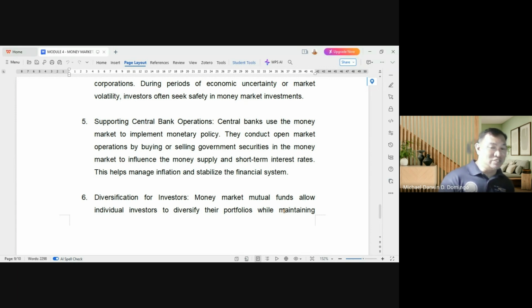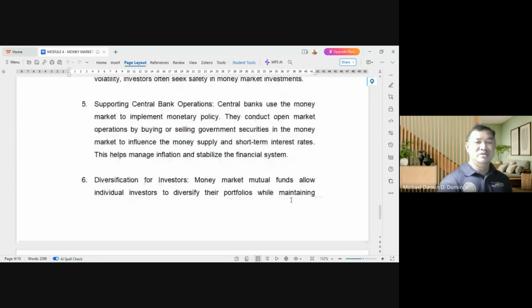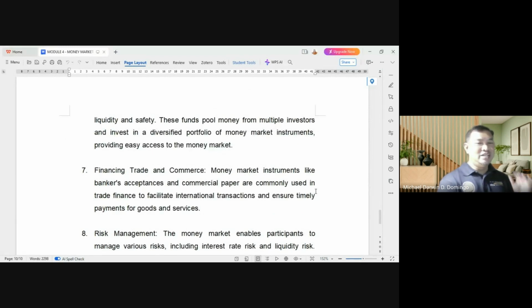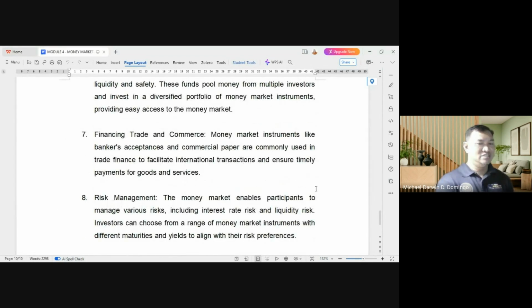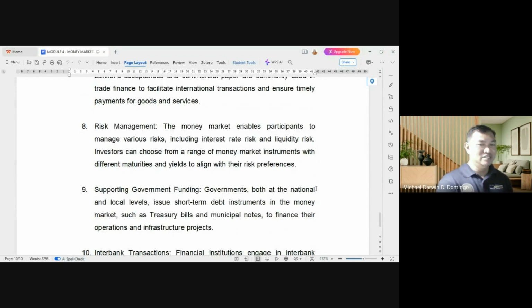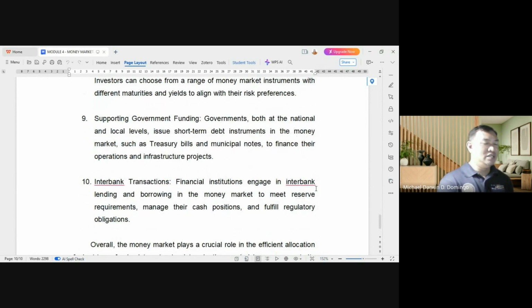Diversification for investors. Yan. So money market mutual funds allows individual investors to diversify their portfolios. Yun. So may option ka, tatlo yun. Okay? And financing trade and commerce, risk management, supporting local fundings, interbank transaction, yun lang yung medyo bago. So sa interbank transaction,